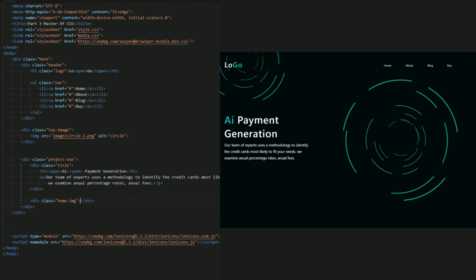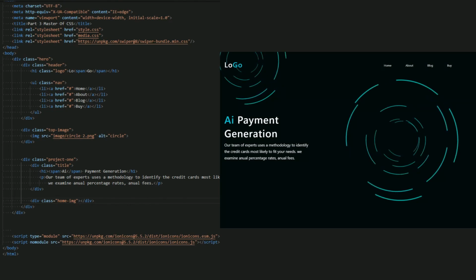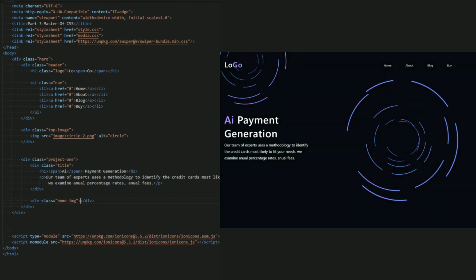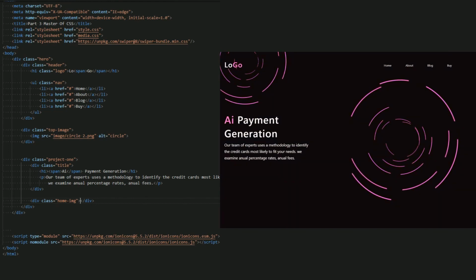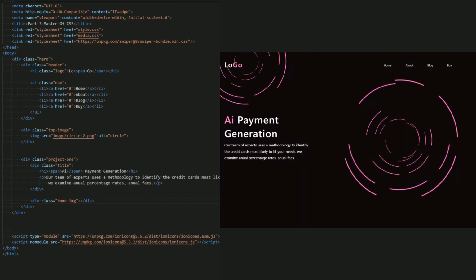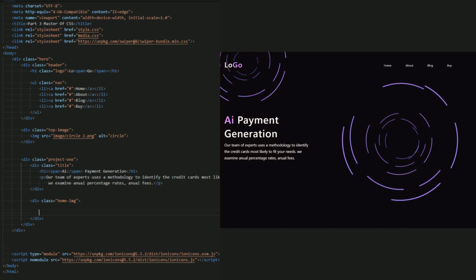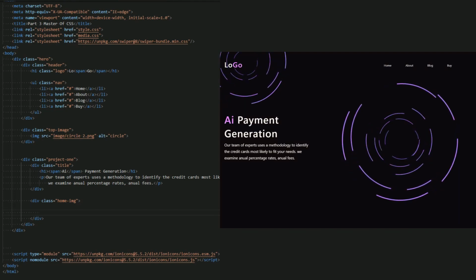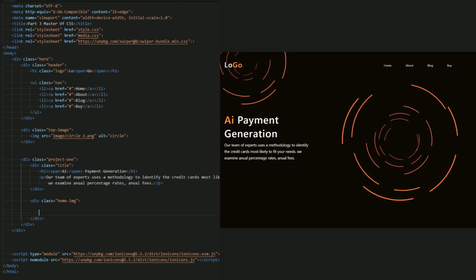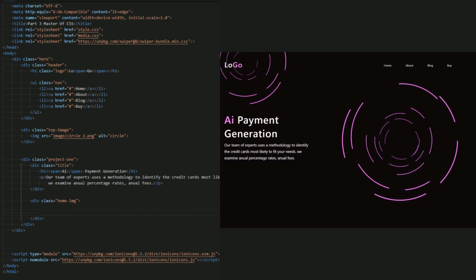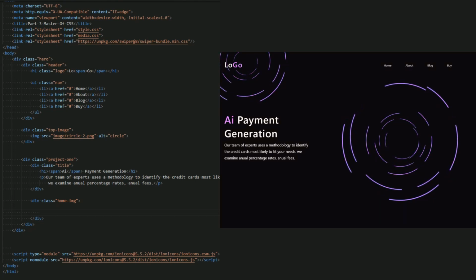I want to use 3 images instead of 1, and I will tell you the reason why I use 3 images instead of 1 in CSS. But let's just continue, guys. After this, you're going to learn everything. First, let me create 3 images instead of 1. The first image, as you can see, rotates, but in the second animation, the animation is reverse instead of forwards. This is why I create these 3 images, as you can see.